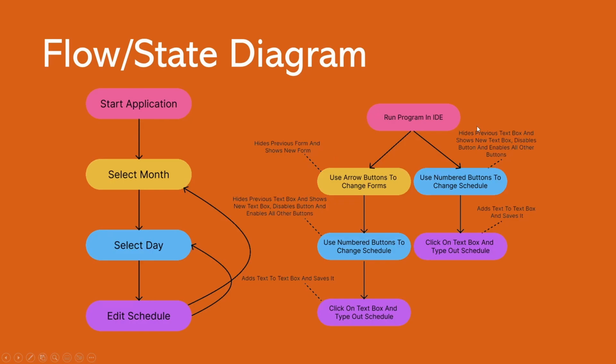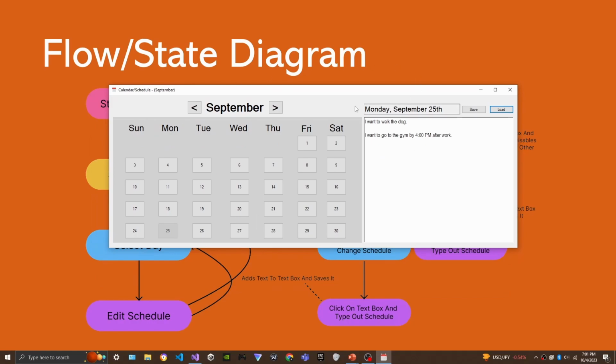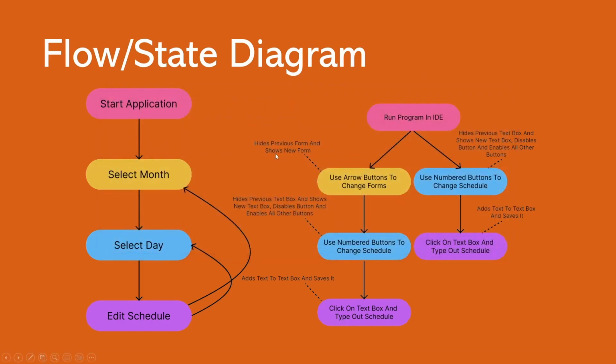Hopping over here to the state diagram, this shows you exactly what my application does, but on a deeper technological level. You just run the program in the IDE, and from there you have two options. You can use the arrows that I showed you up here to change the month, and when you use those arrows, what's actually happening is it hides the previous form and shows the new form. So think of this as one form, and then when I click this, it brings up another form, which is the October form, and it's the exact same